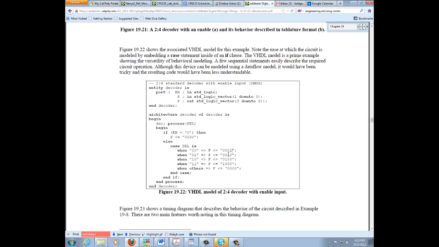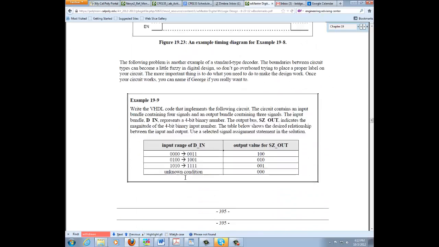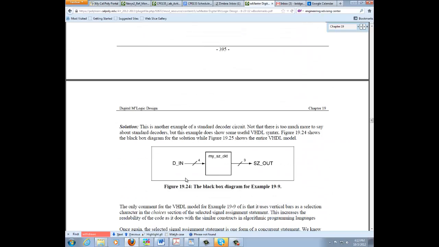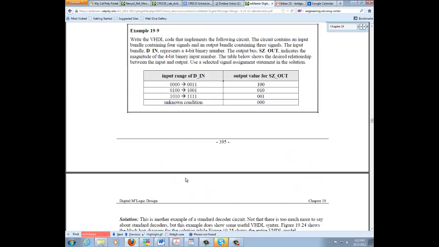When it's 0, 1, it will get the first bit turned on, etc. So this tells us if it's 0, do this. Else, if enable is 1, depend on the select signal. So this last example